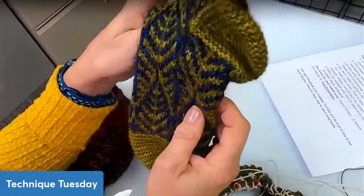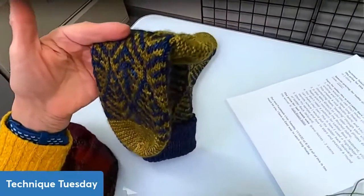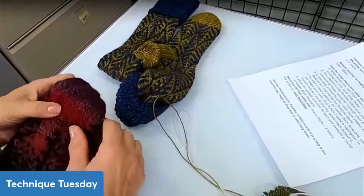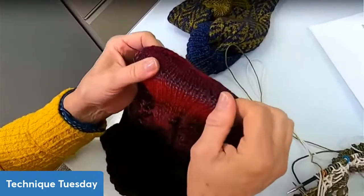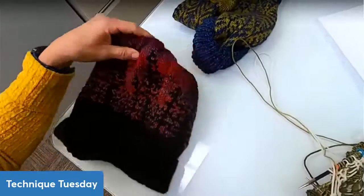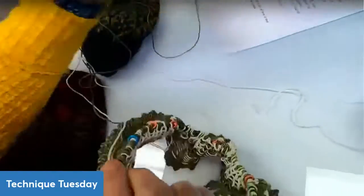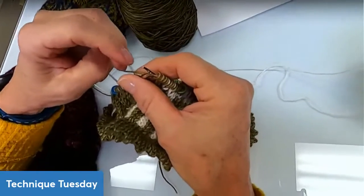Something like this, you would never use Ladder Back Jacquard because the repeat is so short that you don't need it. It's unnecessary. So that is when you would use it. And a thing that I really like about the Ladder Back Jacquard is that it's soft and stretchy. Your fabric is really stretchy in between there, more so than when you do regular interlocking of floats. The Ladder Back Jacquard makes your fabric very stretchy, and the color that you're carrying along the back doesn't show through like it would when you're interlocking